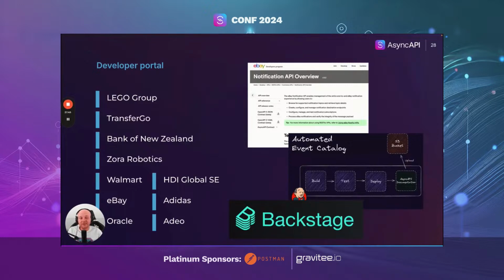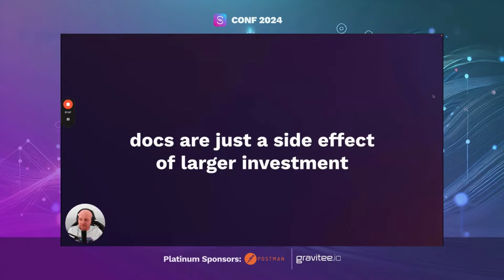Okay, wow, that was a lot, and again, let me emphasize something that I already did a few times during this presentation. If you really want to use AsyncAPI just for docs, nobody's going to block you from doing it. But remember that event-driven architectures are complex. AsyncAPI, because of what it's for, is also complex.